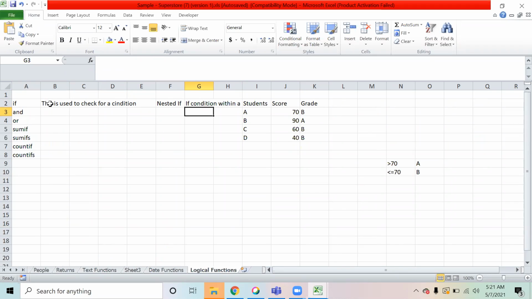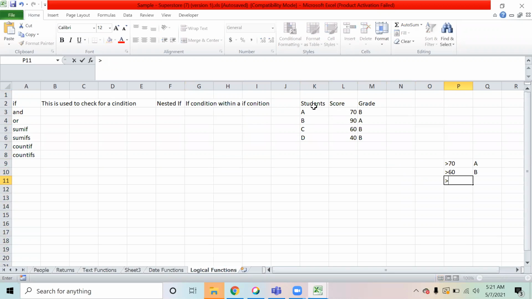Like for example, these are the students. I am saying if a person scored more than 70, he should be given grade A. If a person has scored more than 60, he should be given grade B. And if the person has scored less than or equal to 60, he should be given the grade C.